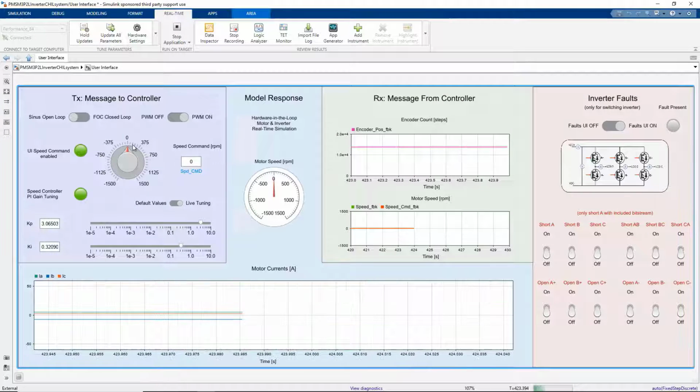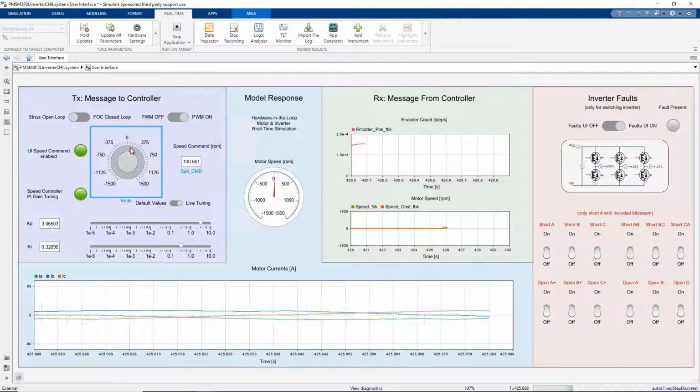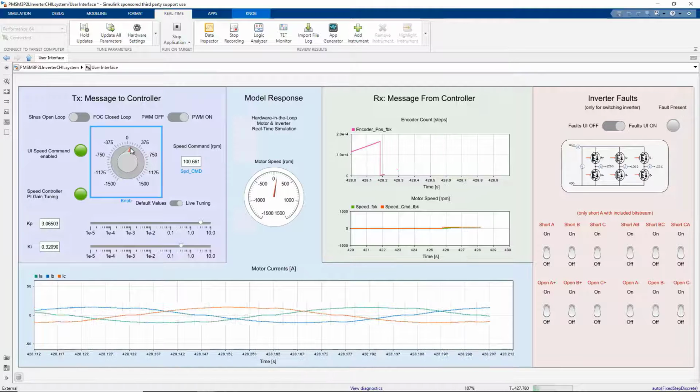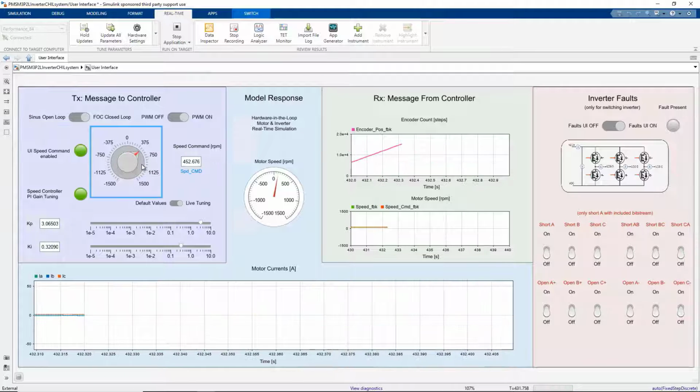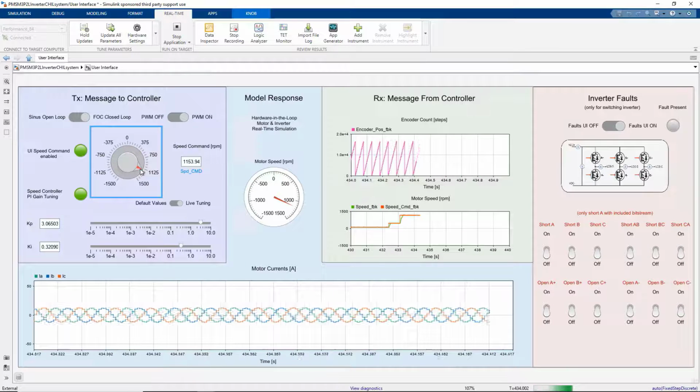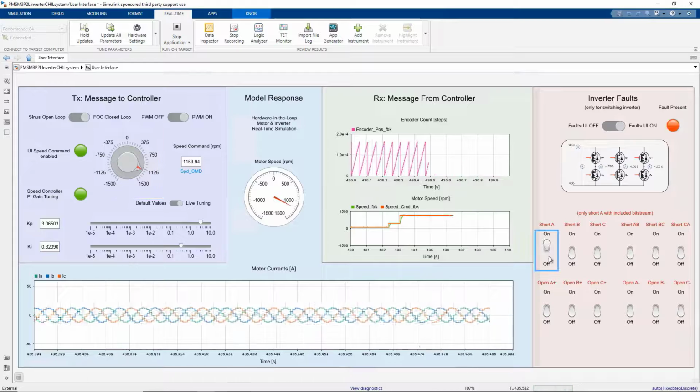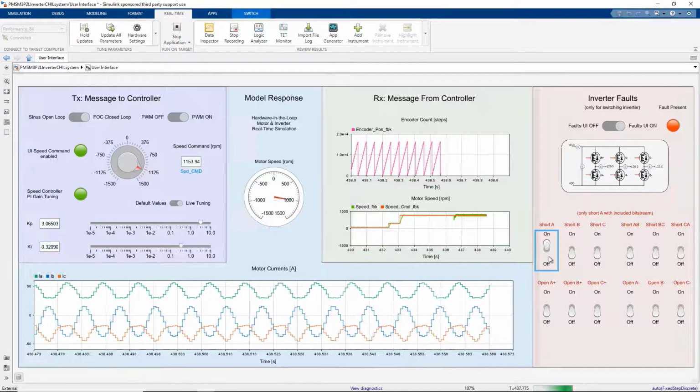Our user interface allows us to inject different faults in the power inverter model running on the FPGA. We can create short circuits in the different legs and observe how our controller deals with them.